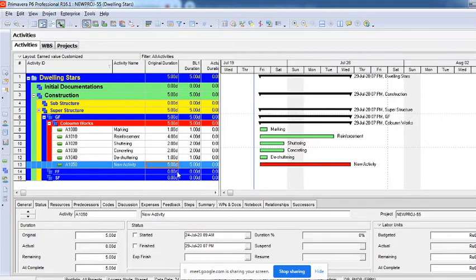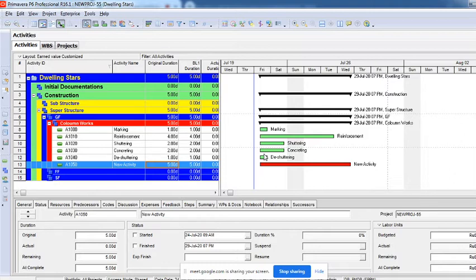So once the durations have been added to the activity, the next step is giving the dependencies. Giving the dependencies is nothing but giving the relationships to the activity. There are 4 types of dependencies: mandatory dependency, discretionary dependency, internal dependency, and external dependency. These are the categories of dependencies under which we create, and the types of relationships are finish to start, start to start, finish to finish, and start to finish. Just a permutation and combination of both, right? So it's a combination of how we work it.